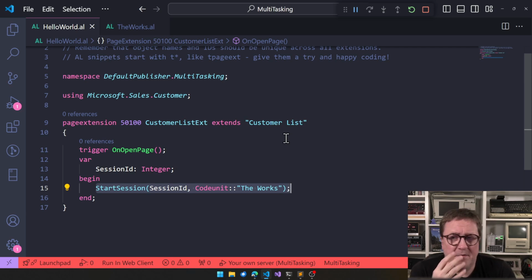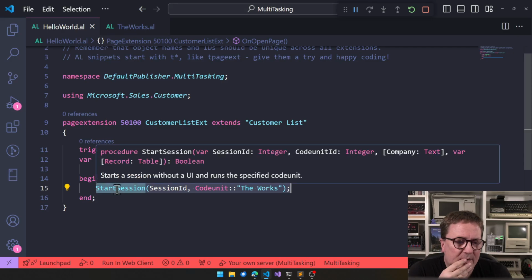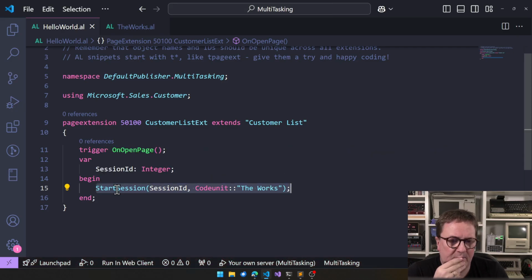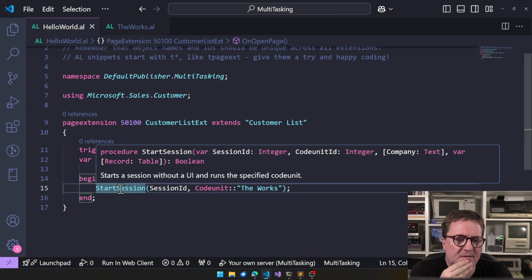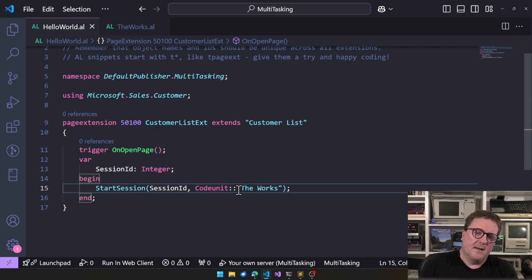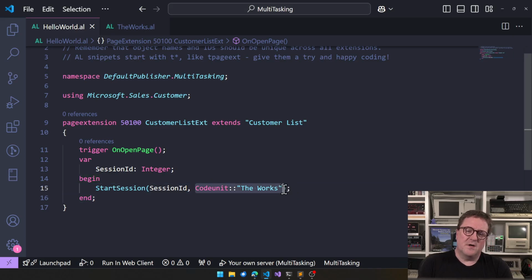There's a few things that we need to think about when we're doing this. One is this can fail if we're not encapsulating this in an if statement. If StartSession is unable to start a session, we'll get an error. So worst case, that is good enough. We get an error that does something that we couldn't do. Because this code unit runs